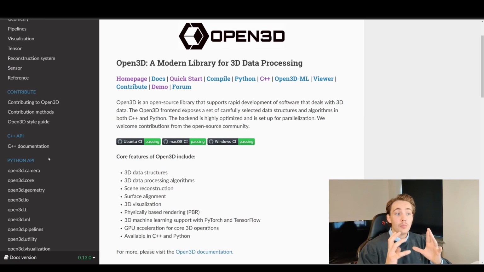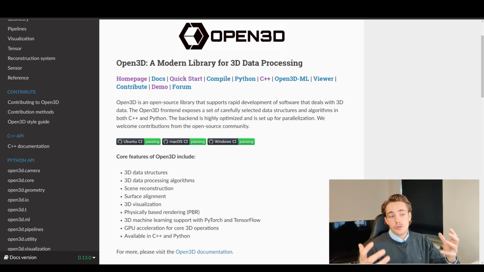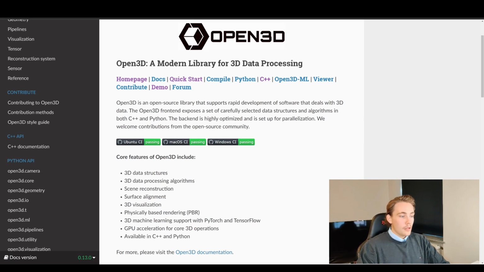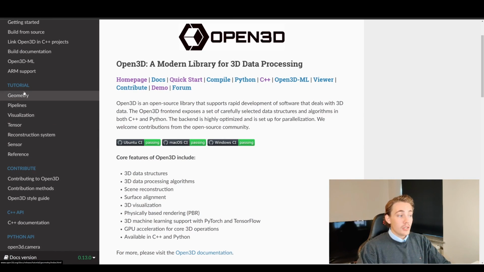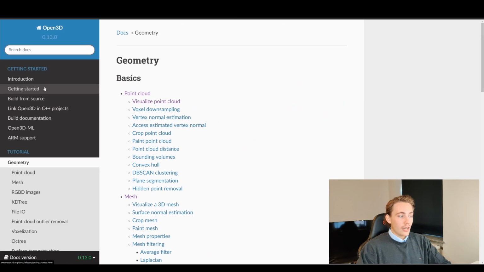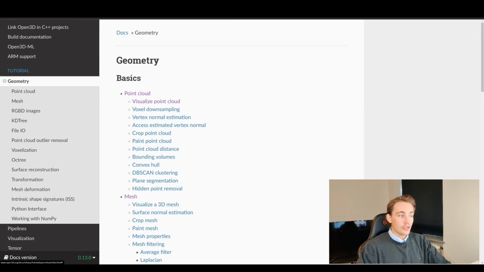So this works both in C++ and Python, and we're going to have code examples where we do it in both C++ and Python, if you prefer C++ over Python, or you have created your computer vision application in C++ and you want to keep using that by processing your point clouds in C++ as well. But first of all, we're going to focus on doing it in Python and going over these examples. First of all, in this video, we're going to look at this geometry